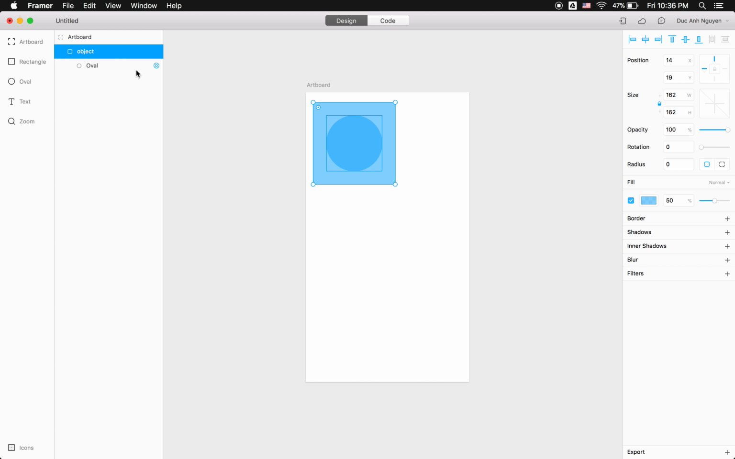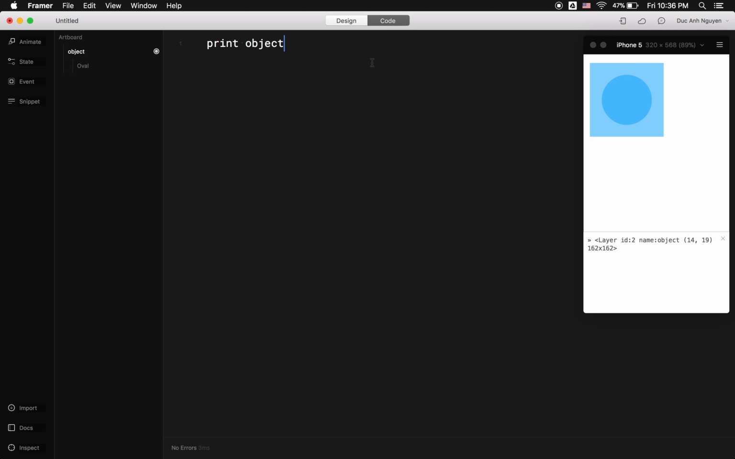Wait, what? Did I not? Oh, I did not. It is now. All right, so we got the object here, and we want to reuse it. We want to make a bunch of copies, basically treat it like a symbol that we can duplicate and override. Well, there's